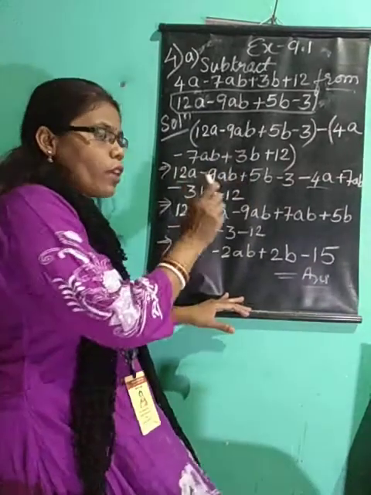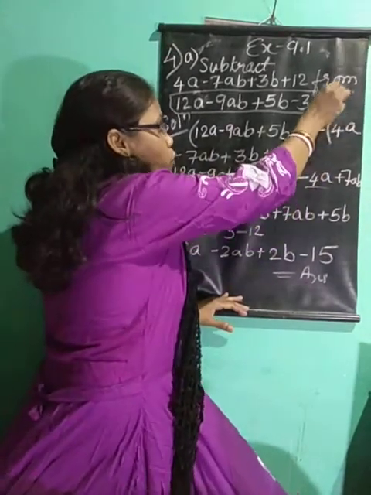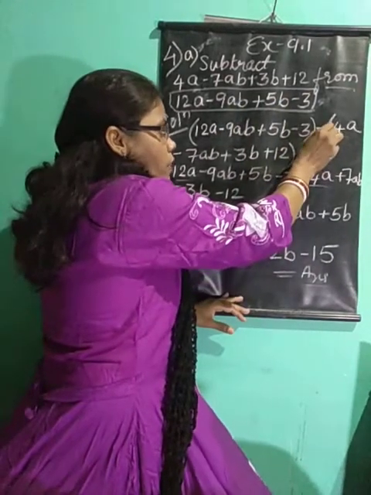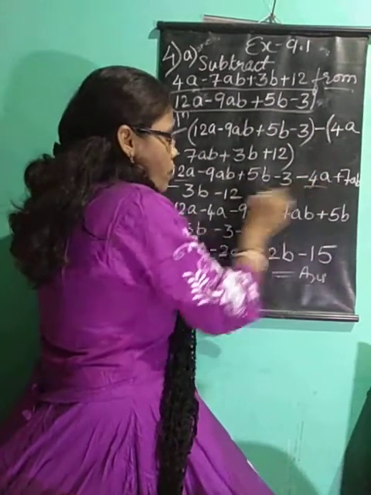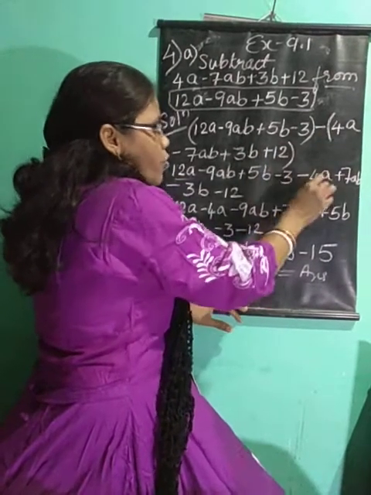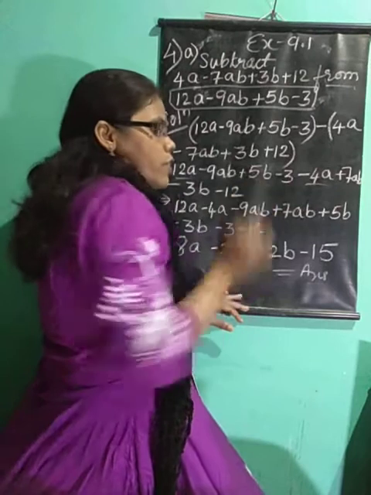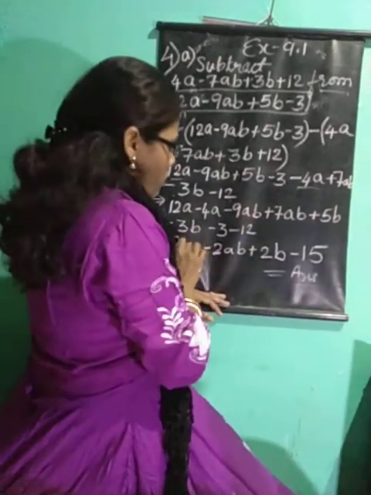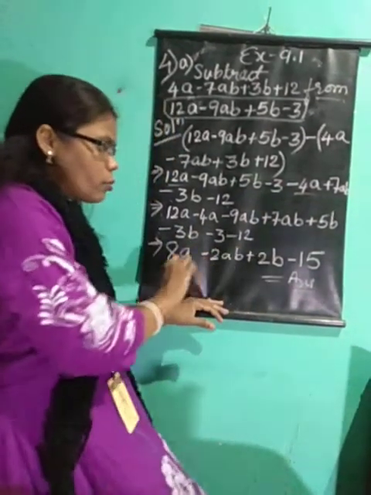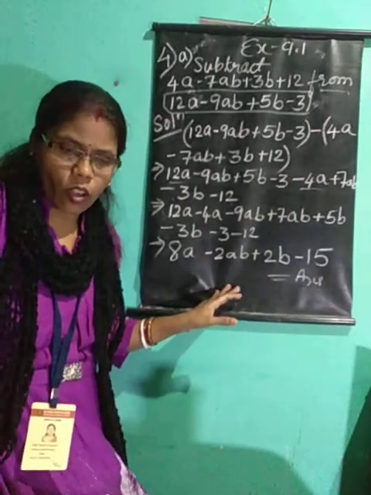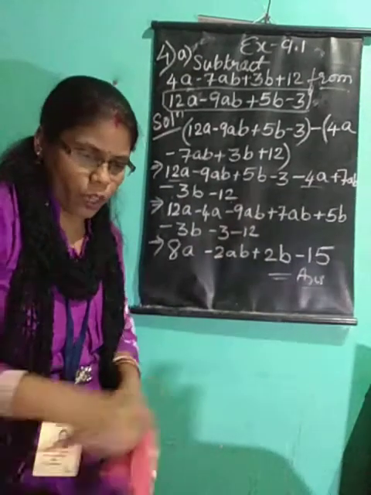Be careful while you subtract. Whenever there is 'from', the expression after it has to be written first. And when you minus, you are going to change the sign. When you open this whole bracket, you are going to change the sign of all the terms present in this second bracket. Then you just arrange the like terms and then add and subtract, and this is your answer. Got it? Now going for the multiplication part.